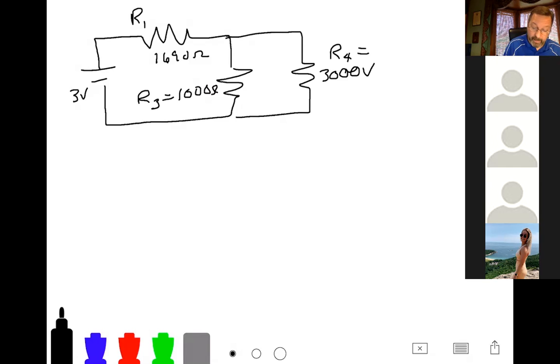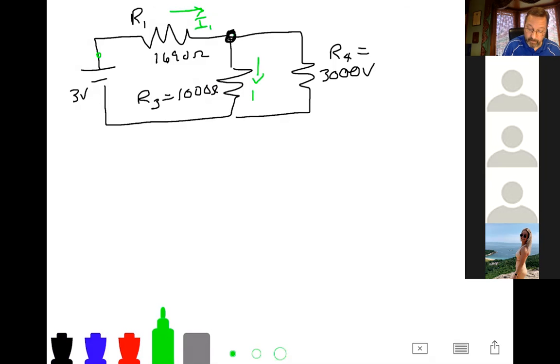junction rules. And the one thing is, I'm going to look at that junction right there, and I want to think about the currents, because you can't do a circuit problem like this without assuming you know the direction of currents. And so I'm going to call that I1. And it makes sense that it should be that way. The high side of the battery is right there. That's the high side it should go. There should be a lower potential at that junction. So I'm going to call that I1.